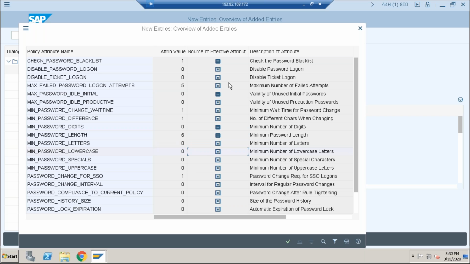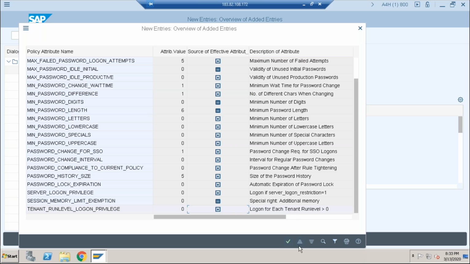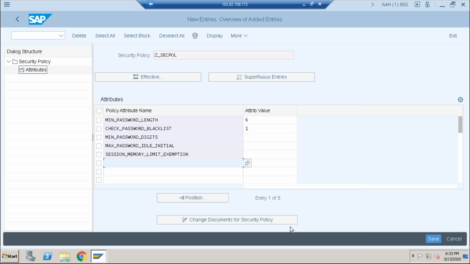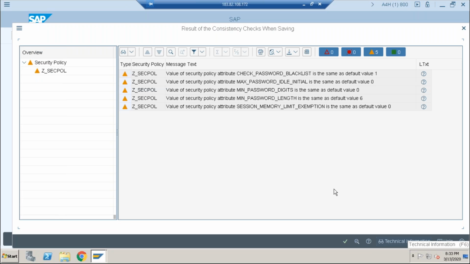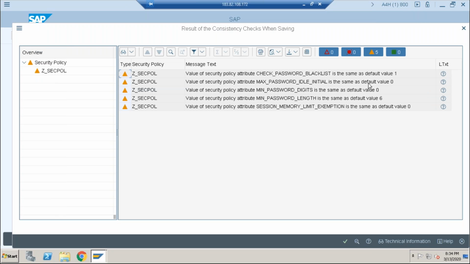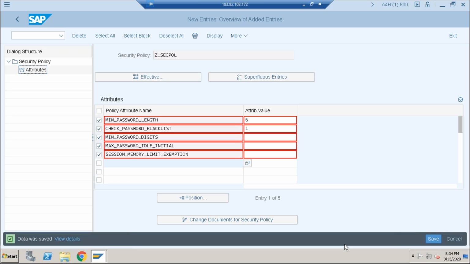Next one. Go for super plus. Right now you are adding totally 5 values, but the values are not maintained, not saved. Now you have saved the default value, default value, default value, and did not do any changes. Fine. Click on OK. Save it. I already saved it.